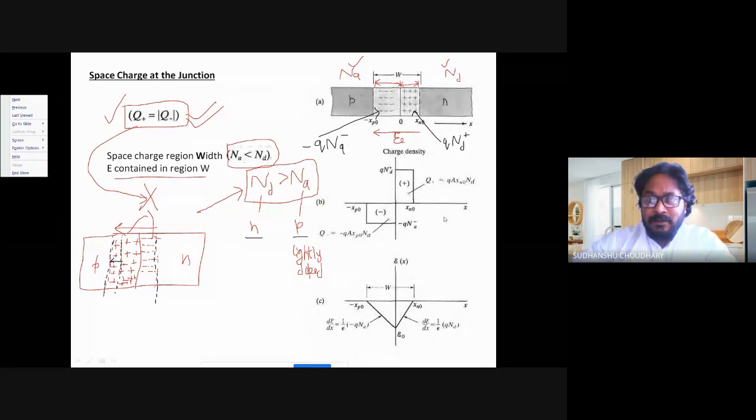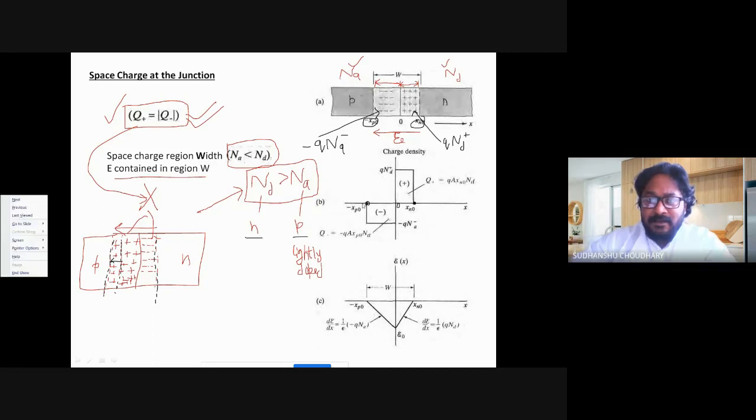So for example here, the charge density has been plotted across X, and these two points we also mark over here: that is Xn0, this one, and minus Xp0. So I mark this as my X equal to 0 point, this one is Xn0, and this is minus Xp0. That is the depletion regions on the P side and N side.